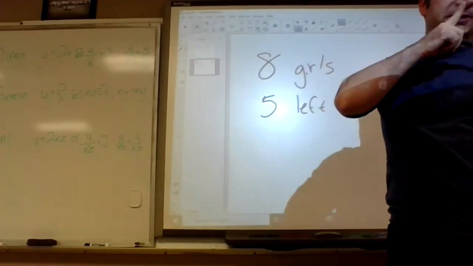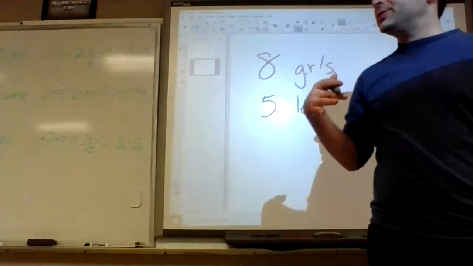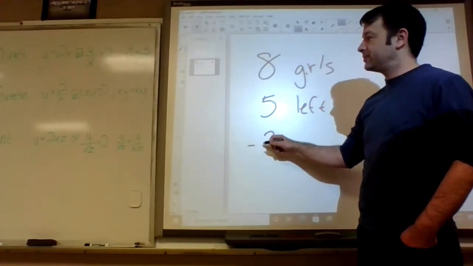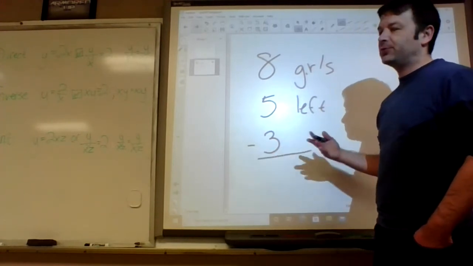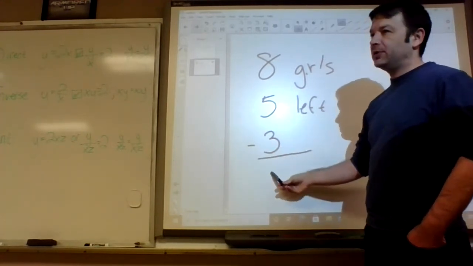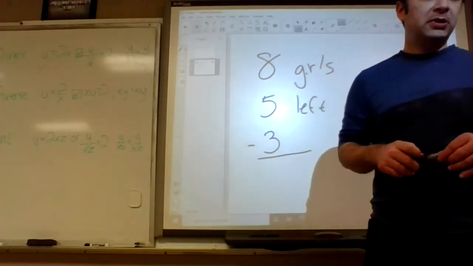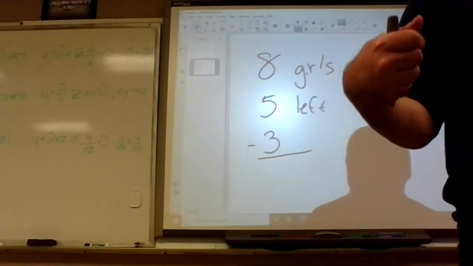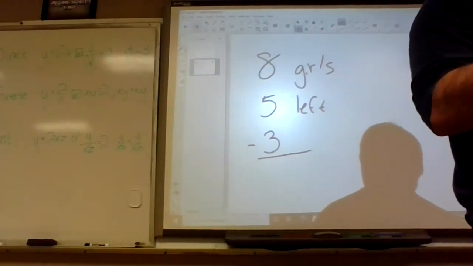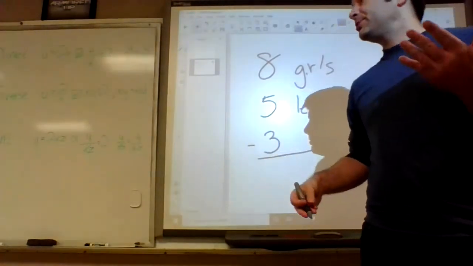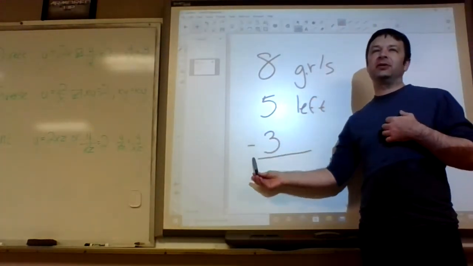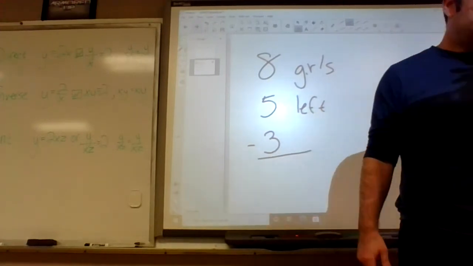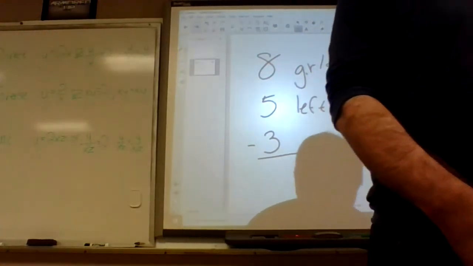The overlap was 3. So if you just take away the 3 girls that would be counted twice for being left-handed, that would give you the correct group. So you just gotta take out the overlap. The way I said it was, let's just count the girls and then let's count the left-handed boys and put those together. But when I was counting the left-handed boys, what I was doing was taking out the left-handed girls. I'm not very practiced at teaching this lesson.